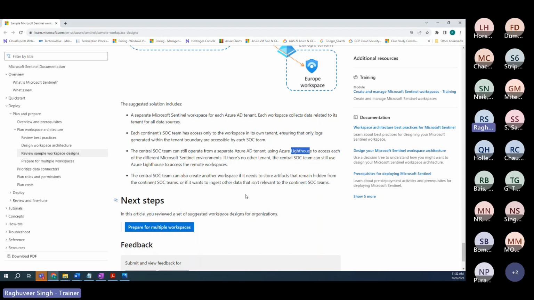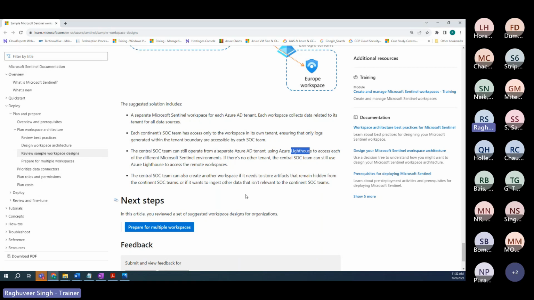So that is about those 3 use cases, which summarize all the considerations: single tenant architecture, multiple tenant architecture, single tenant with single subscription, multi-tenant with multi-subscription, multi-tenant with single geography, multi-tenant with multiple geographies, centralized team, decentralized team. All the use cases that you can think of are part of these 3 sample architectures,